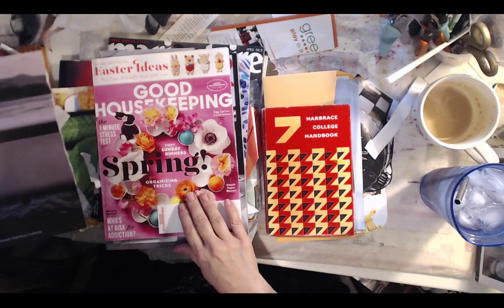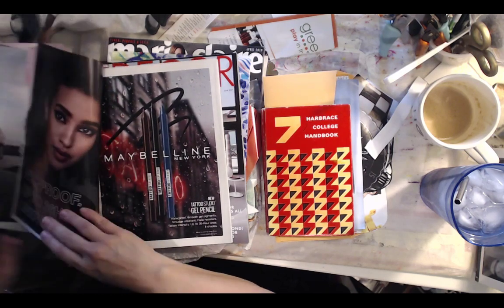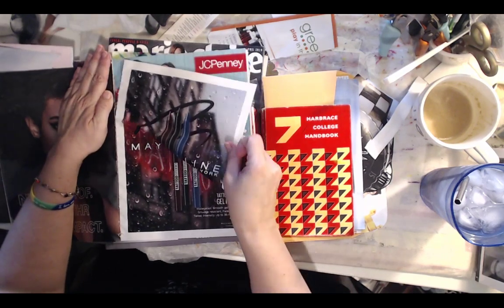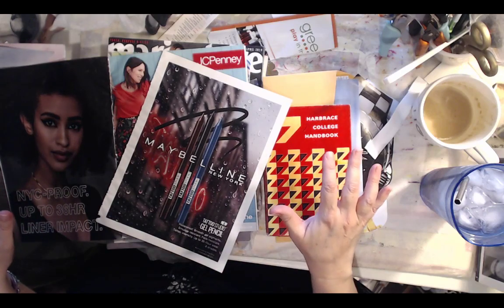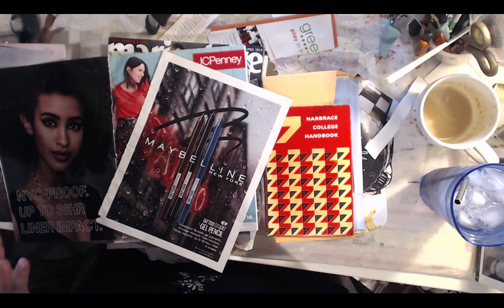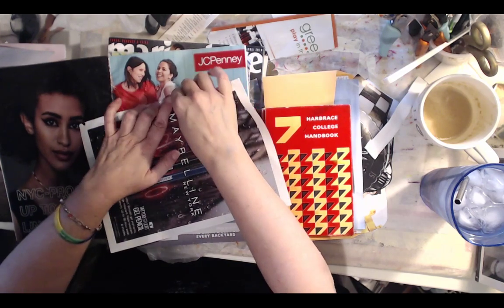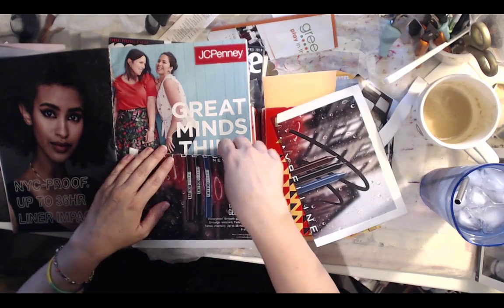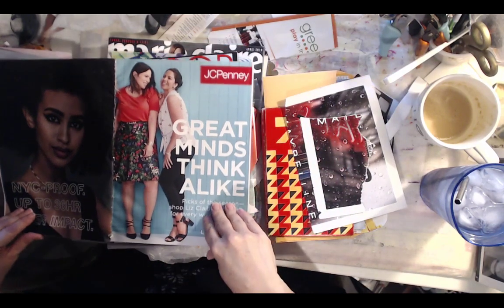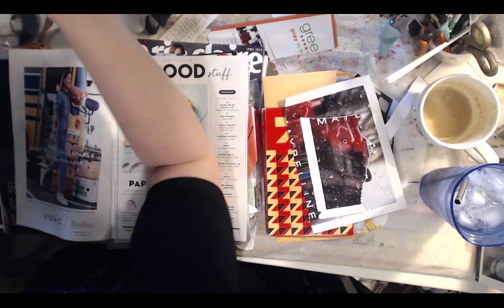So for the make along encyclopedia, if you can get more than one encyclopedia, I would. I'll tell you why: these are not meant to be beautiful finished projects. They're meant to be super easy, fun, sort of experimentation books. So if you can get more than one, I would do it. And don't buy anything. If you don't have an encyclopedia,